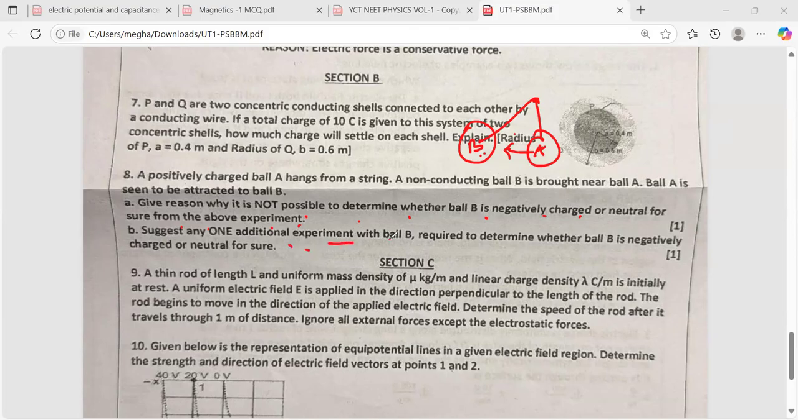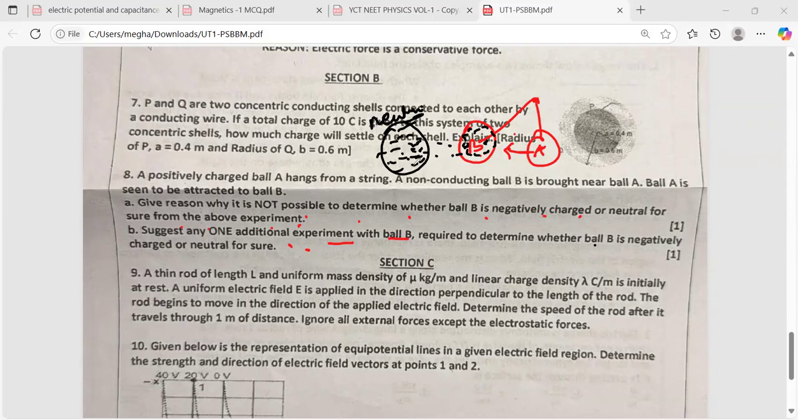Suggest any one additional experiment with ball B. So ball B is required to determine whether it is negatively charged or neutral. If ball B is neutral and I bring a negative one, it will attract. If ball B is negative and I bring a neutral one, what will happen? Dielectric polarization takes place and it can attract this. So therefore,